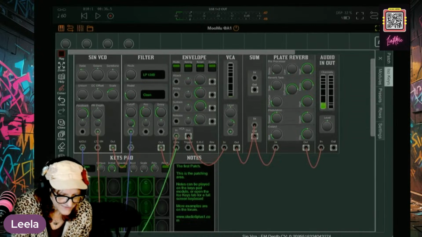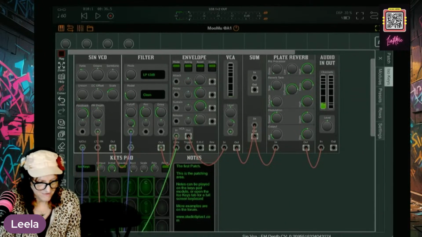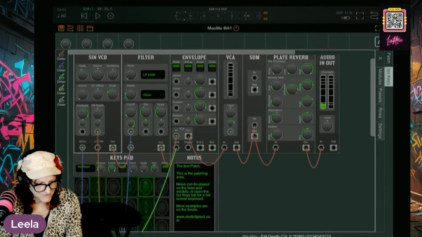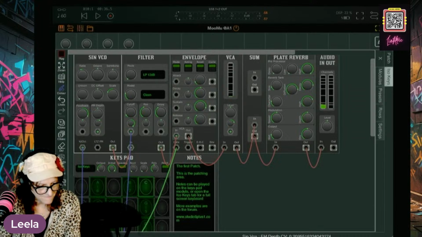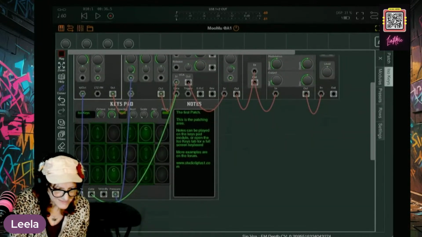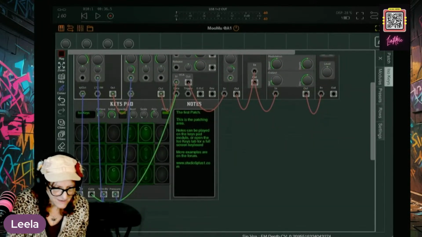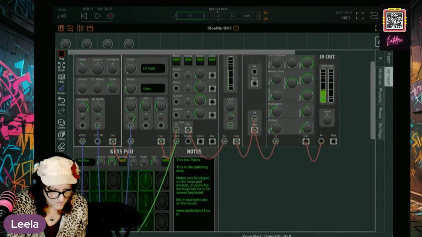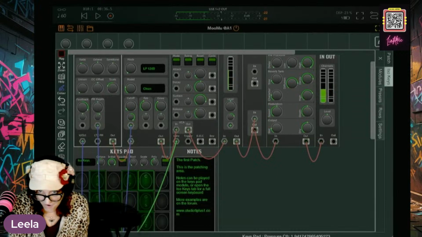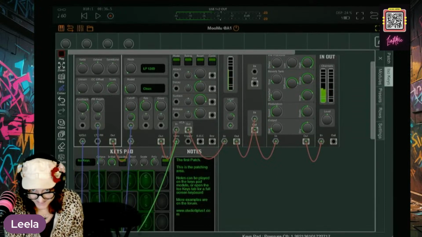And then you take the attenuator and whoops, let's blue that. Velocity. There we go. Now our FM depth changes.